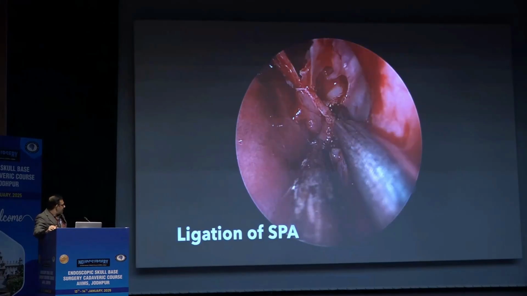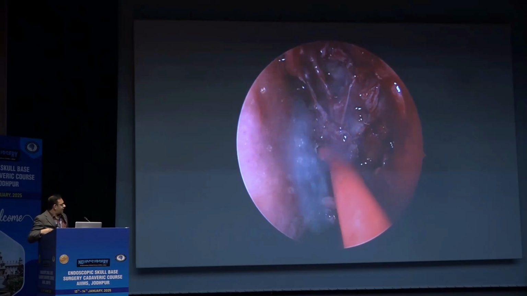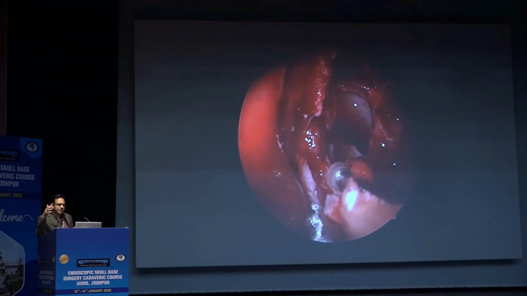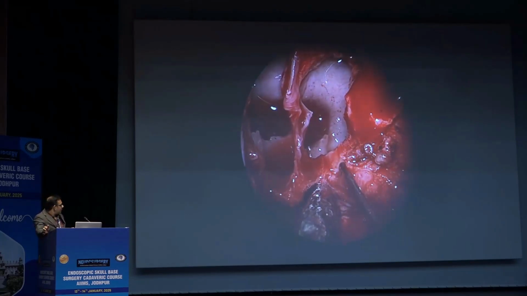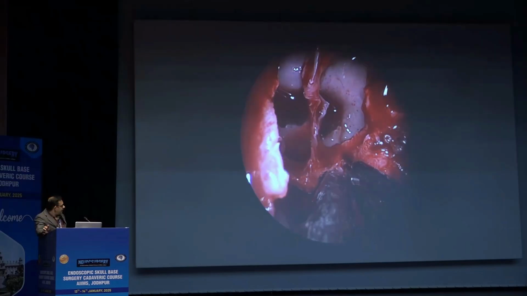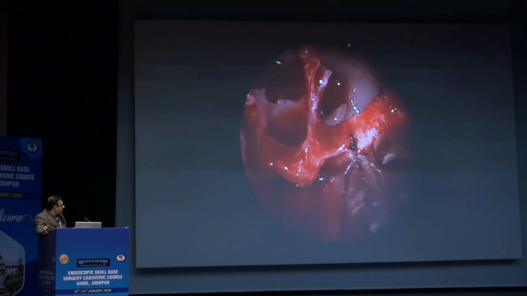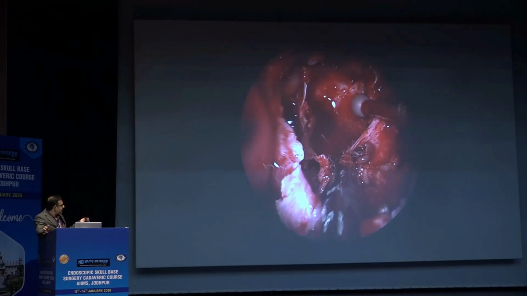Now, once this is coagulated and divided, we can also make another incision to complete our posterior septectomy so that it gives us bilateral access. At this point, the Vidian nerve is being identified, coagulated and cut. Once the Vidian nerve has been cut, we can retract the sphenopalatine ganglion towards one side and